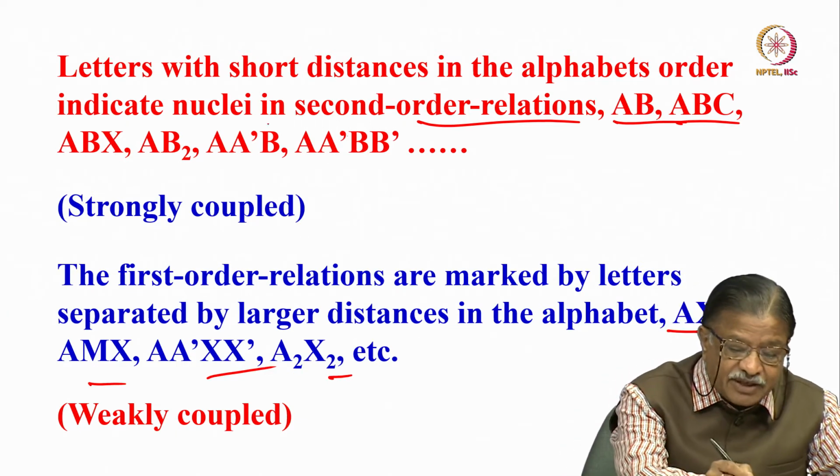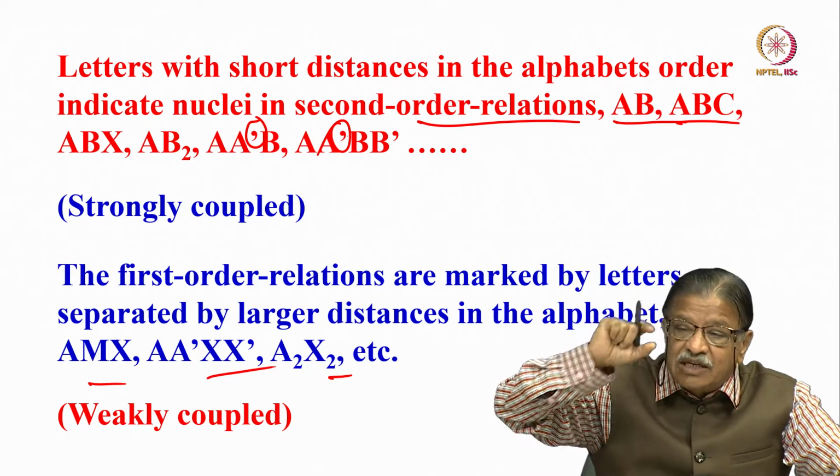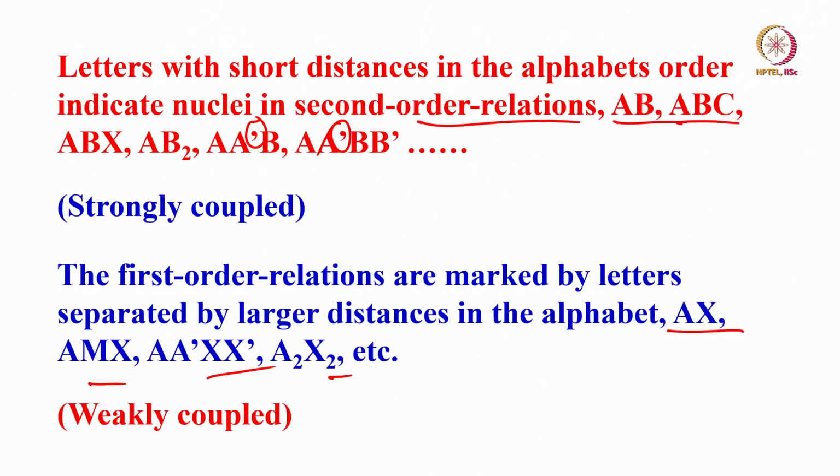Then what are these prime notations? Why did they write the prime? The primes denote nuclei that are chemically equivalent. That is very important. AA prime means A and A prime, two spins which are chemically equivalent, but there is a coupling between them. Similarly, AA prime and BB prime are chemically equivalent pairs, but between them there is a strong coupling. AA prime is strongly coupled, BB prime is strongly coupled, and between AA prime and BB prime they are strongly coupled. Then we can represent by prime notation like this.